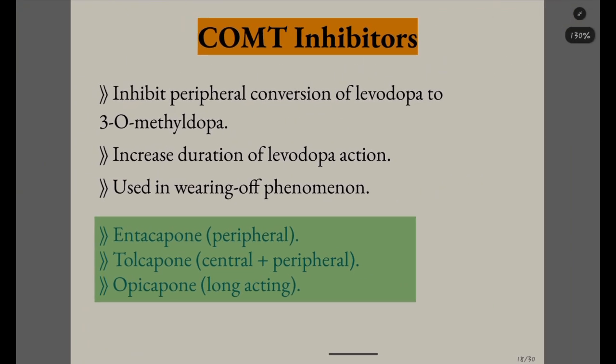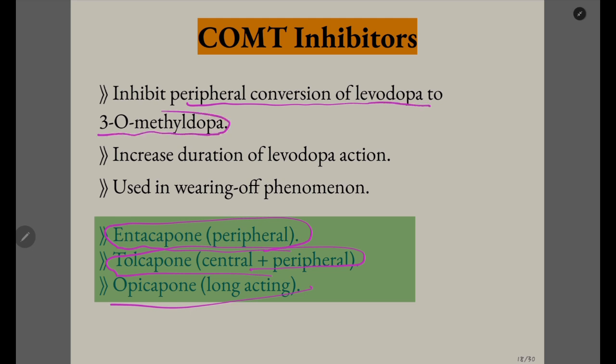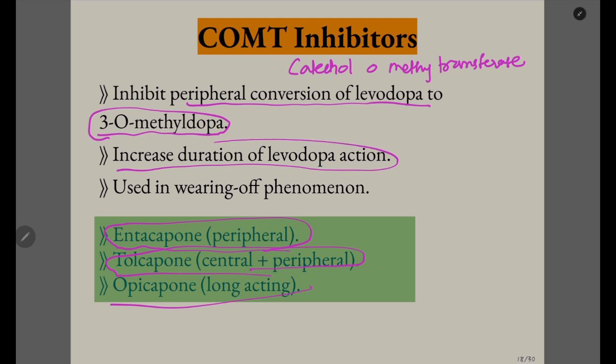And next group of drugs are COMT inhibitors. So COMT inhibitors are tolcapone, entacapone, and also opicapone. Of these, entacapone only acts peripherally and tolcapone acts centrally and peripherally. They inhibit the peripheral conversion of levodopa to 3-O-methyl dopa. And COMT full form is catechol O-methyl transferase inhibitor, and they increase the duration of levodopa and can be used in wearing off phenomenon and on-and